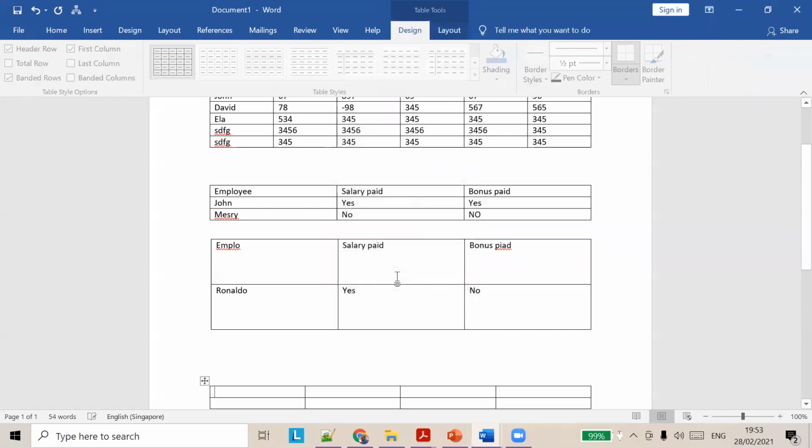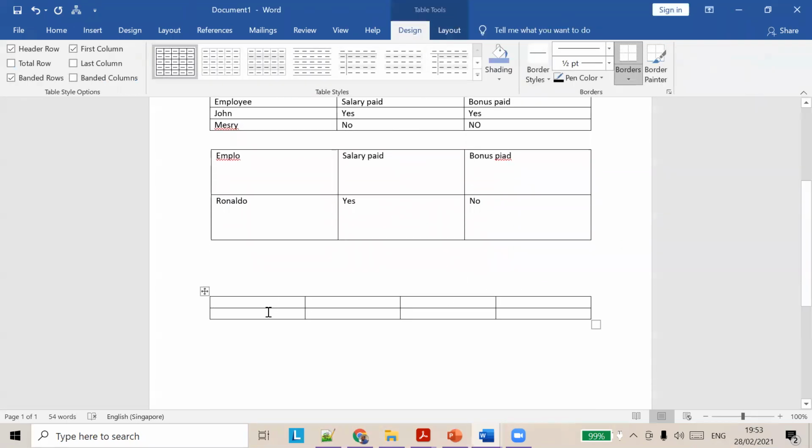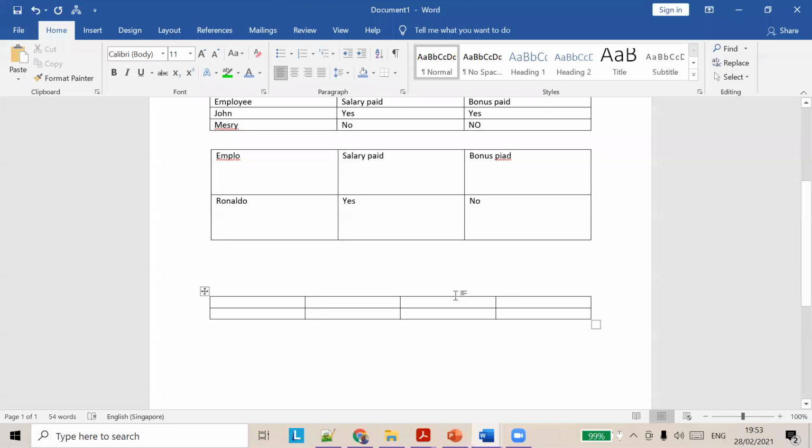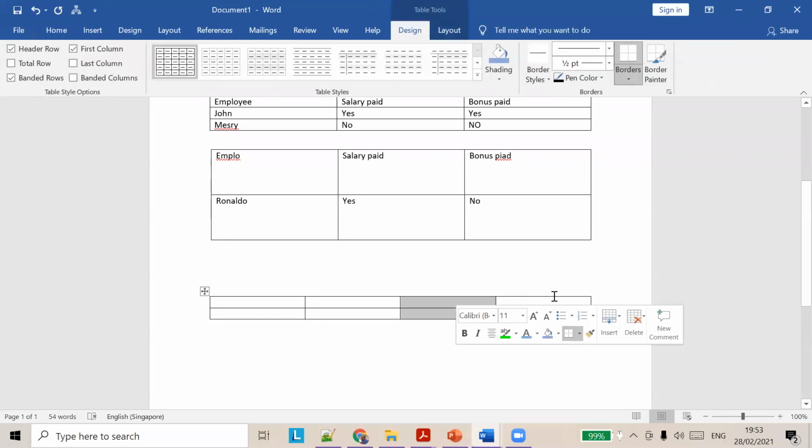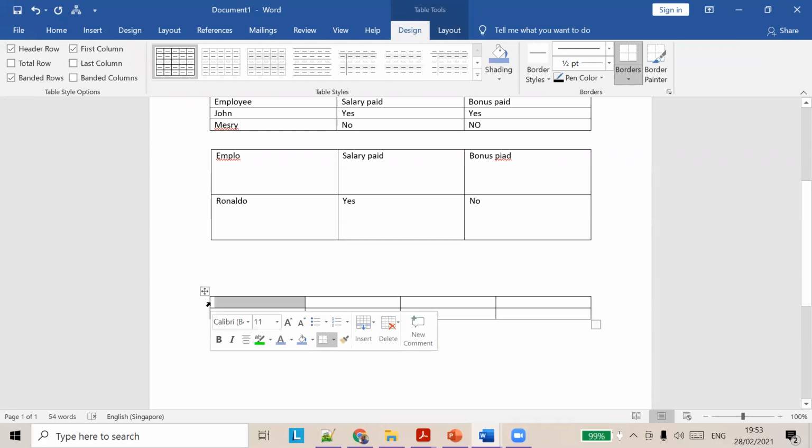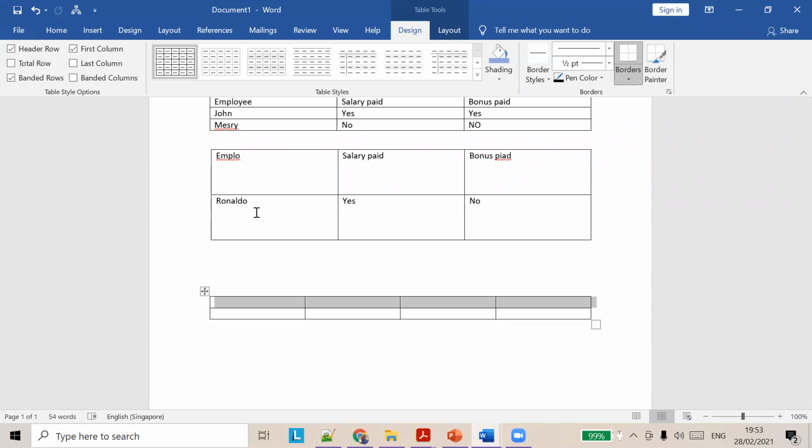Okay, I click OK. So now you can see 4 columns are created. So 1, 2, third column, fourth column. So this is called a column. So this is called a row. So there are 4 columns and 2 rows. So that is what we specified when we create the table, right? We specified 4 columns and 2 rows. So then that's what is created. So this is how you create a table using the second option we discussed.